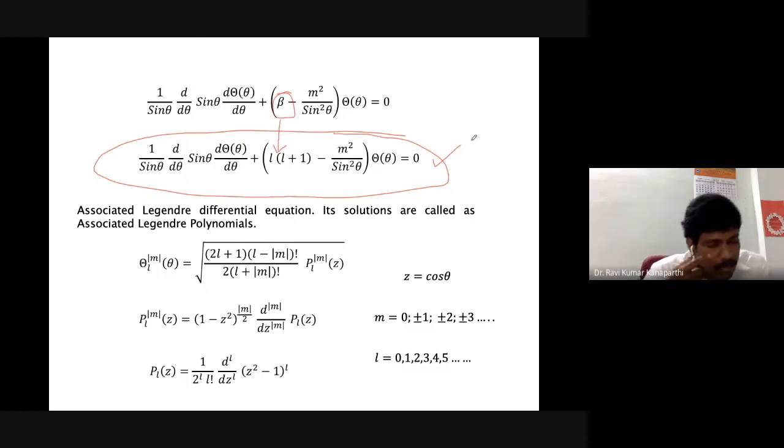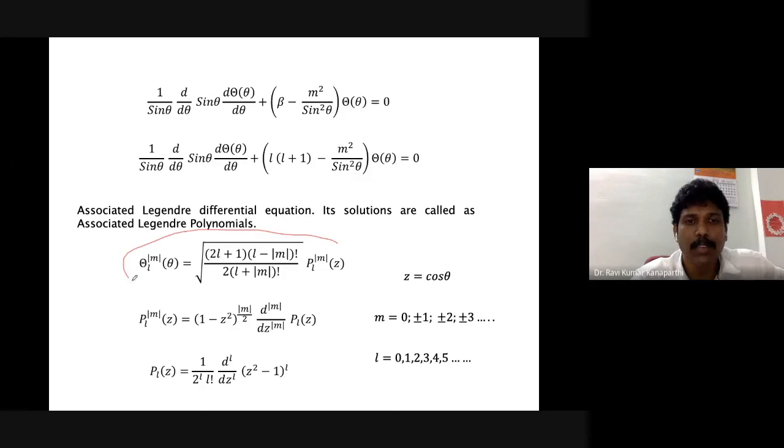Please recall that we solved the Hermite differential equation, and the solutions of Hermite differential equations are referred to as Hermite polynomials. Likewise, the expression we got here is of the form of the associated Legendre differential equation, and its solutions are called associated Legendre polynomials. Since the solutions were already well established by mathematicians, the quantum physicists of those days just took the solutions and put them forward to us.